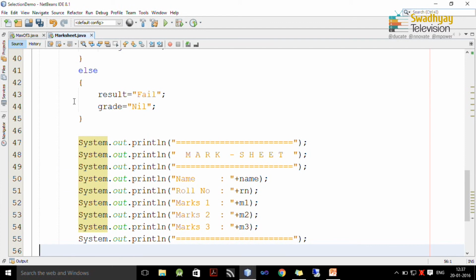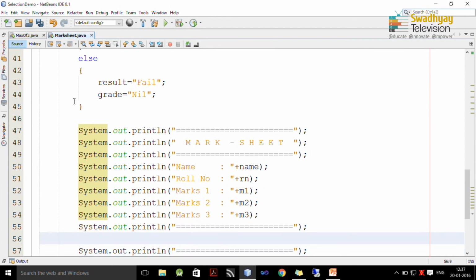Now, we want to display the calculated values. So, first I display total.